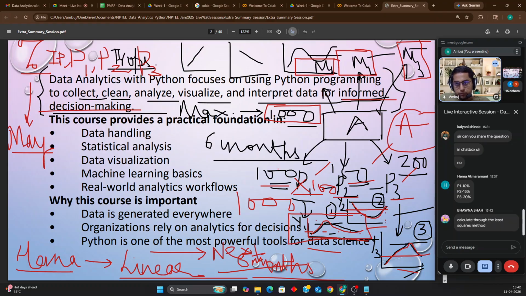Otherwise, what I told you, first of all, collect the data. Generally don't go for visual data. If the chart has been given to you, then how will you analyze the chart? It would be somewhat more difficult. Analyzing the data from a table perspective, means numerical perspective, is somewhat easier. Always in Colab, when we have run the code, we have imported the data in the form of a CSV file. Then we have analyzed it.